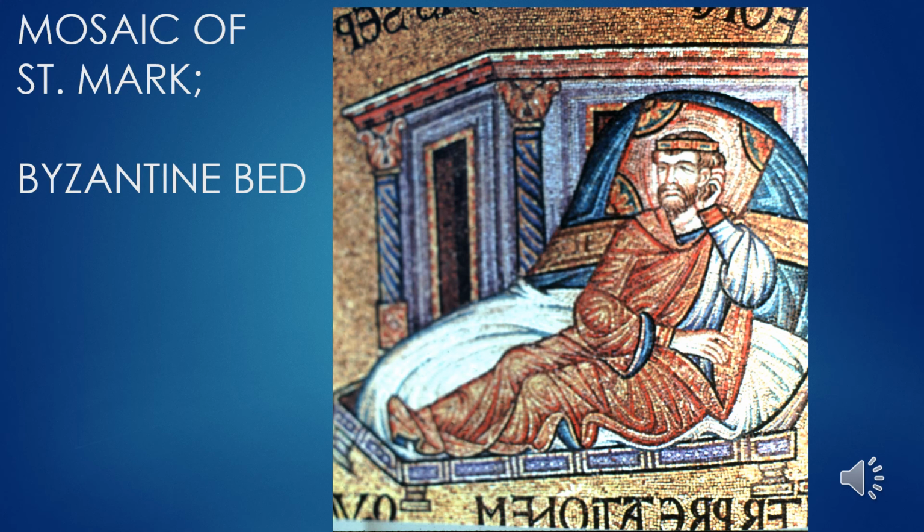When you look at this mosaic of St. Mark, you also see that there's a decline in some of the understanding that the Romans had in perspective. So notice how the one leg of the bed is turning out at a 45-degree angle instead of staying vertical. And then the top line where the columns are is out of perspective as well. So this not only shows us information about the lectus, that same kind of daybed that the Romans would have used that was still in use during this Byzantine era, but also that, again, some of the knowledge in art has declined.